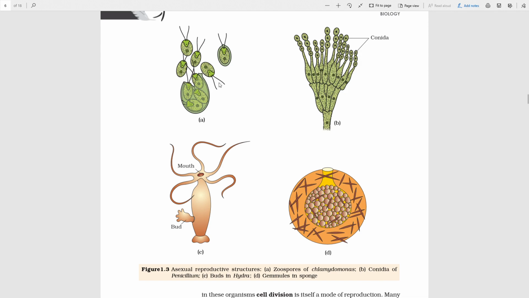Okay, moving next, we have conidia spores of the penicillium. Penicillium can be seen with the naked eye because it belongs to a group of plants, and we can see the growing spores, which are the conidia spores, on the parent as an outgrowth. These are non-motile. It belongs to the kingdom of fungi. They can be seen with the naked eye.